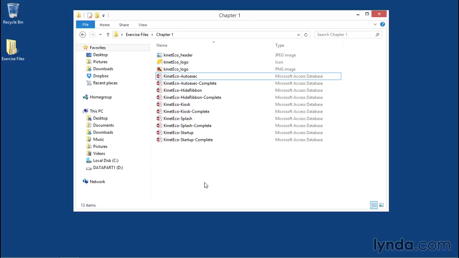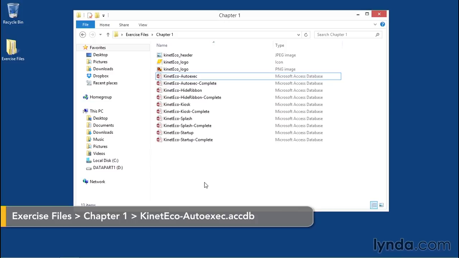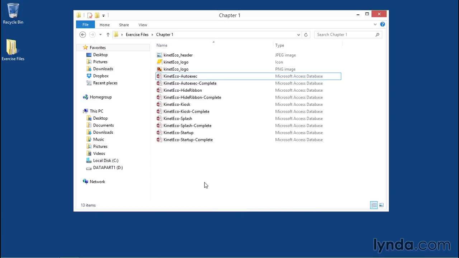Sometimes you're going to want your database to do several things on startup. Right now, we have our database options set to automatically open the splash screen form, which, after a short timer delay, triggers the main menu. We can get similar functionality, but with more flexibility, by using a special macro in the database to control the